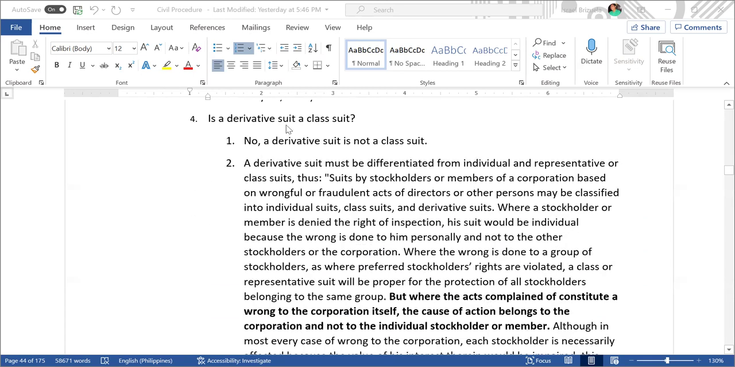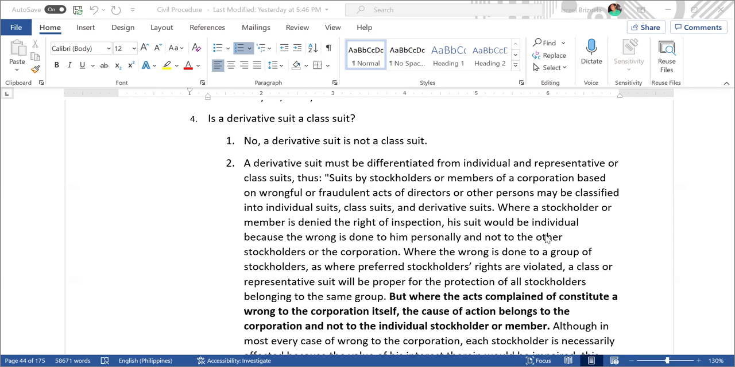Is a derivative suit a class suit? No. A derivative suit is not a class suit. A derivative suit must be differentiated from individual and representative or class suits. Thus, suits by stockholders or members of the corporation based on wrongful or fraudulent acts of directors or other persons may be classified into individual suits, class suits, and derivative suits. Where a stockholder or member is denied the right of inspection,